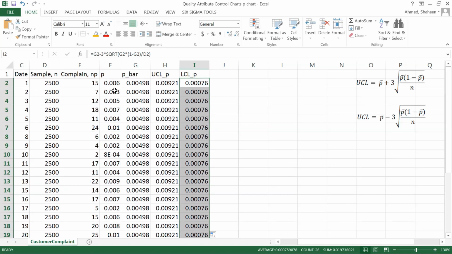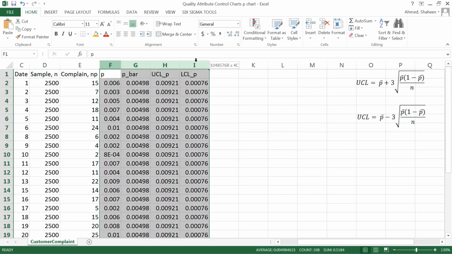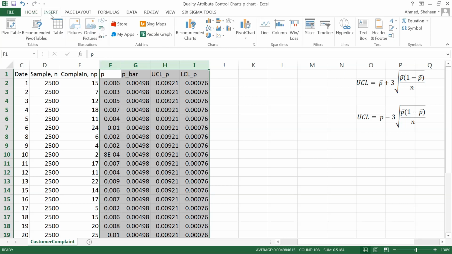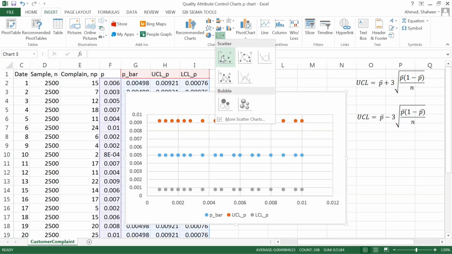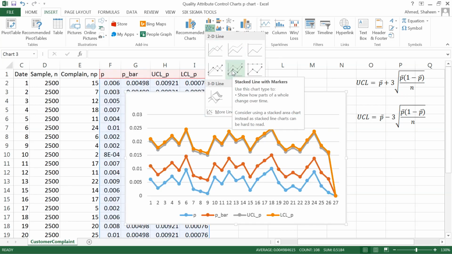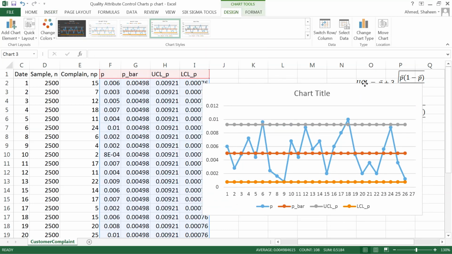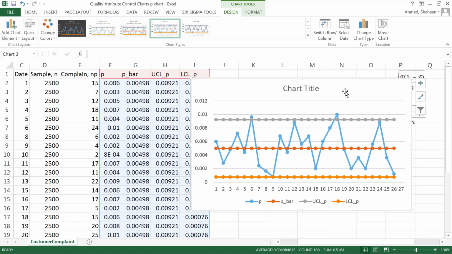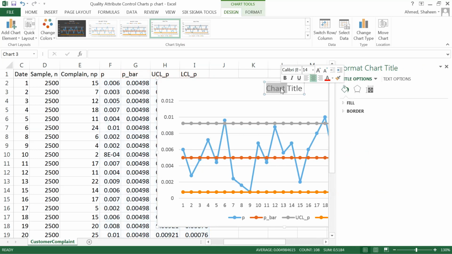Now all I have to do is select these 4 columns like that, and then insert some type of chart, maybe a line chart, something like this. You have the upper control, lower control, and so let's title this. This is the P chart,